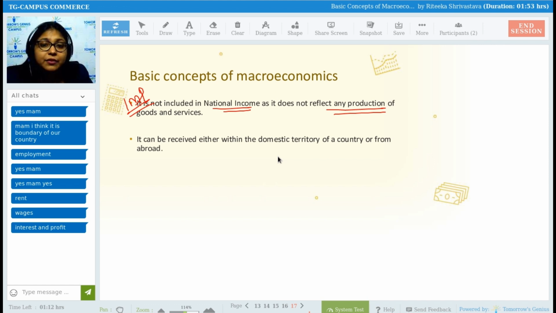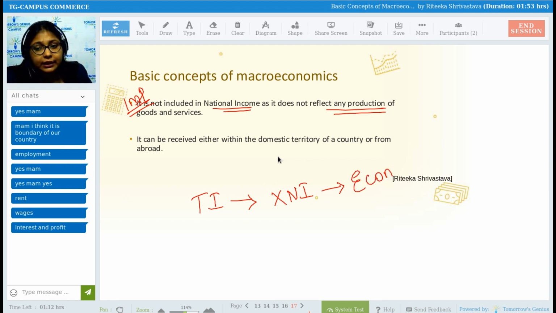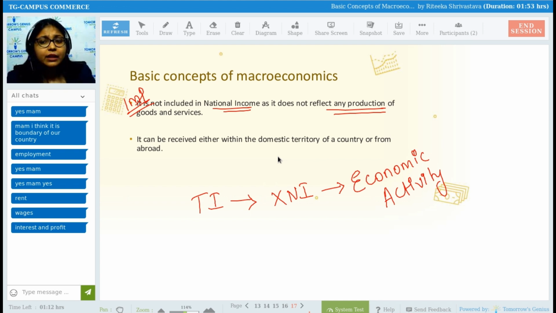Transfer incomes will never be included in national income because this exchanging of money is not involved in economic activity or in any production process. So if any activity is not an economic activity, or is not impacting the economy of the country, then those kinds of activities are not considered while computing national income. So remember